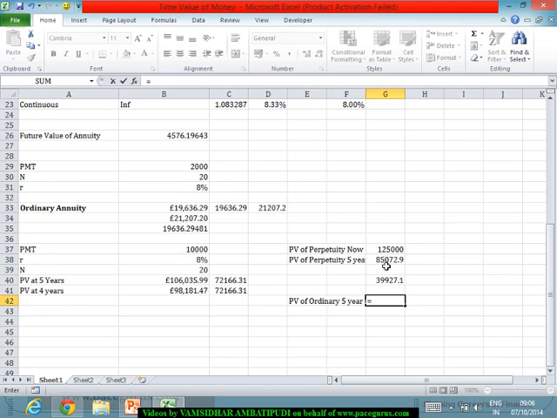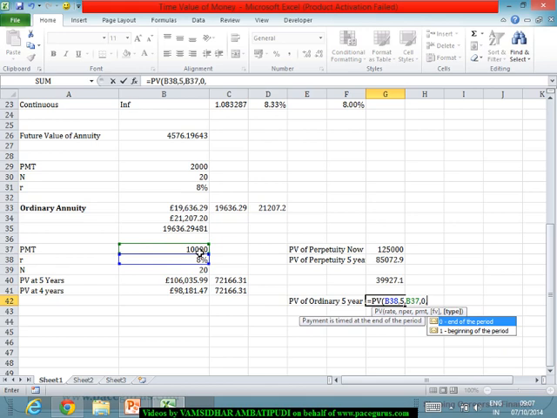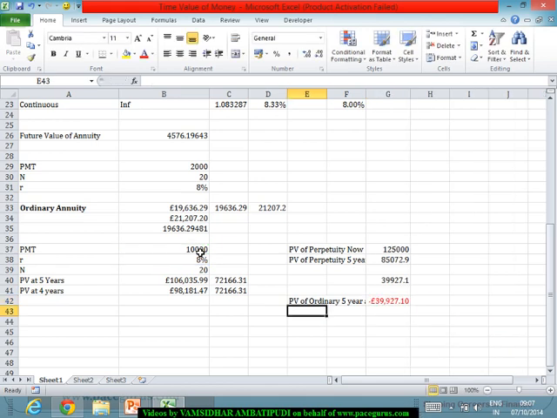What is it coming out to? If I am using the present value, the interest rate, number of years as 5, 10,000 as the payment, and this is an ordinary annuity, which is exactly working out to